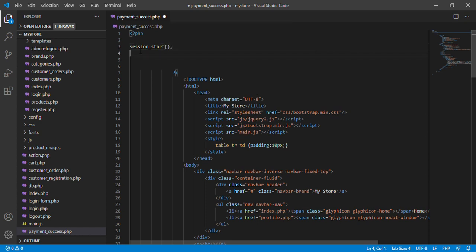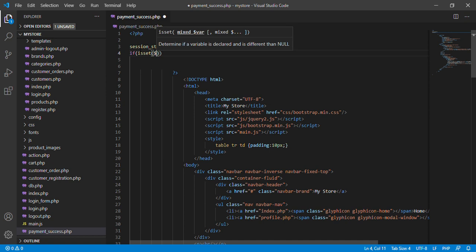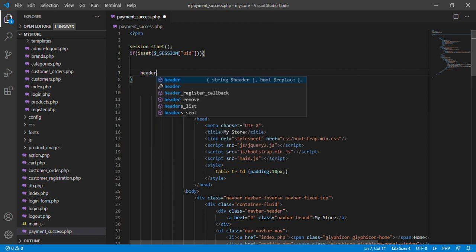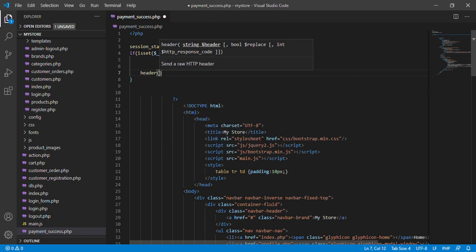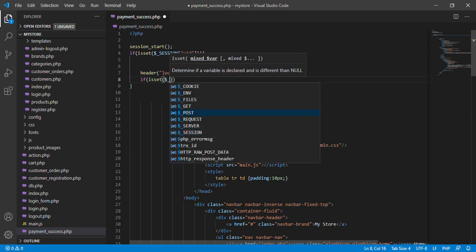We will write the location if is set of session UID, then header location is also index.php. If is set, is get this one,